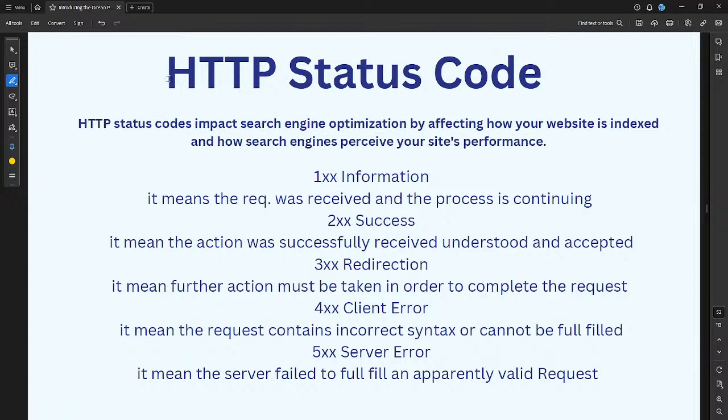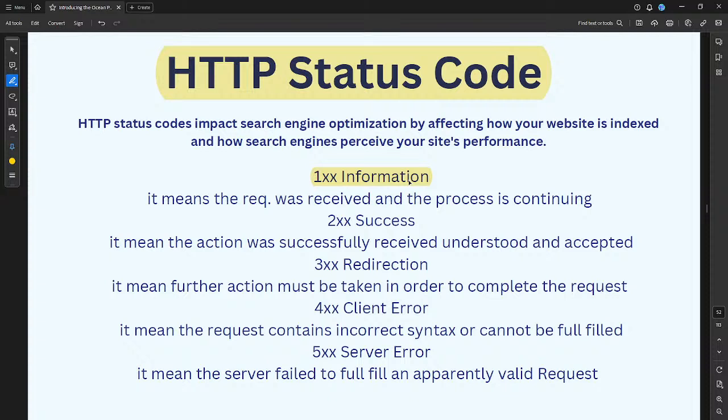Now, what's an HTTP status code? Now, what this status code means is it's simply what gives a search engine the optimization of indexing the certain or the performance of a website. Now, what does this mean? For instance, when you get things like